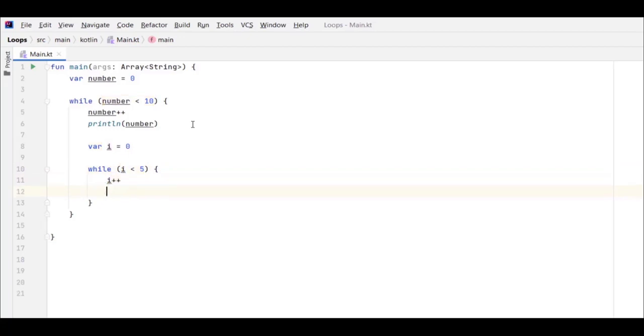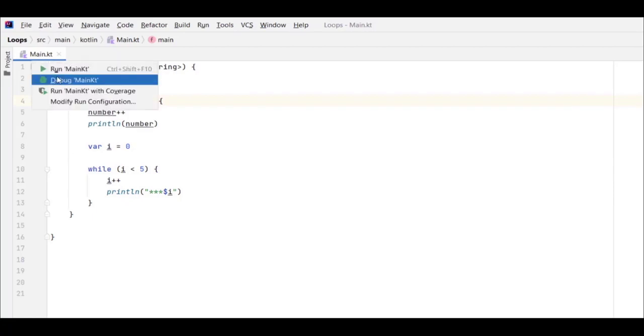We're going to increment I, and we're going to output the value of I in the console. But let's put some text here to make clear what loop is looping. So I'm going to put 3 asterisk signs here. I'm going to type the $ sign and I. So now if you run this code, let's also change this condition to less than 5. So if you run this code,